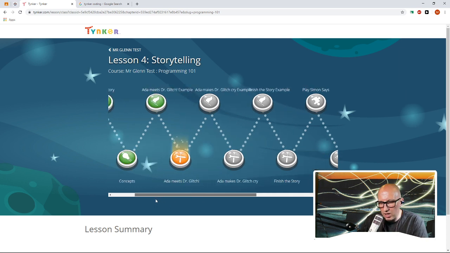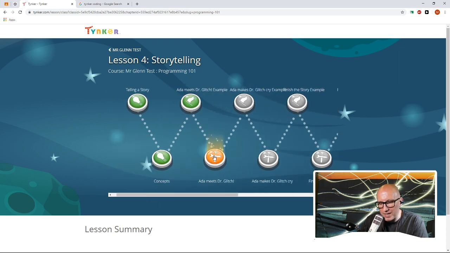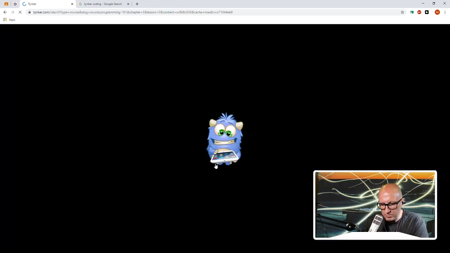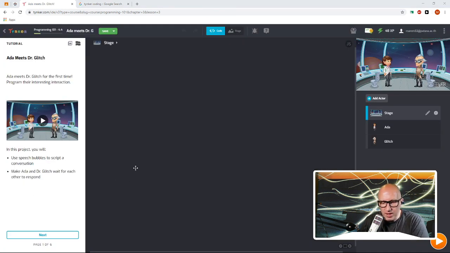So I'm going to go and jump into one. I'm here, and I'm going to show you what the screen looks like, because there are lots of little things that are there that will probably catch you out. So let's go and have a look. Okay, here we are. So it looks very much like Scratch, except we have a tutorial on the left-hand side,